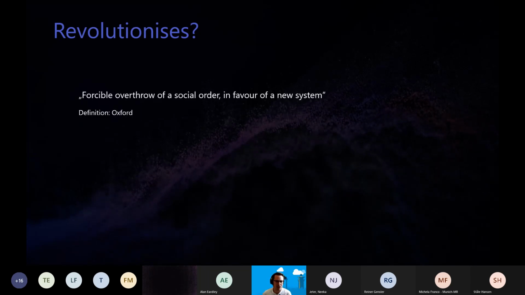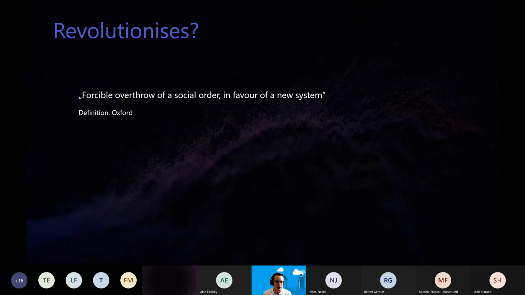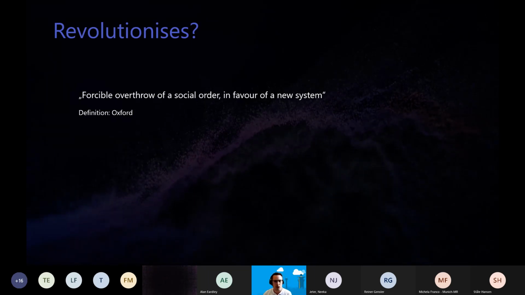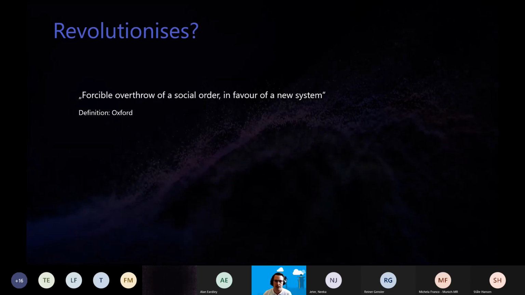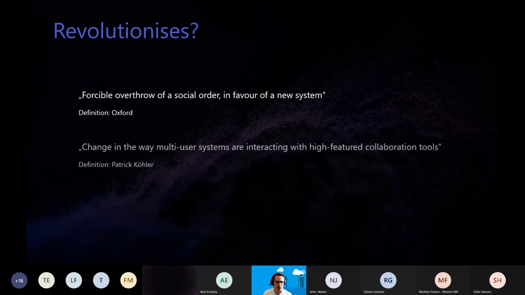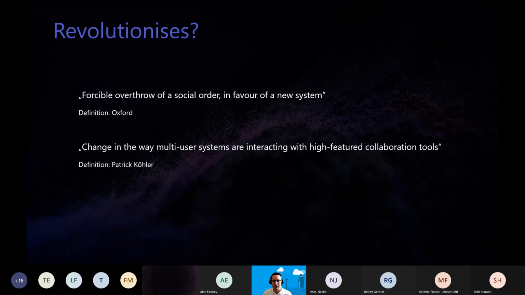Or first and foremost, what is the actual definition by Oxford? When we have to define revolutionizes, we could say that it's a forcible overthrow of a social order in favor of a new system. Okay, that's the general definition, but what does that have to do with WVD or any kind of VDI system and Microsoft Teams? My actual definition for that would be it's a change in the way multi-user systems